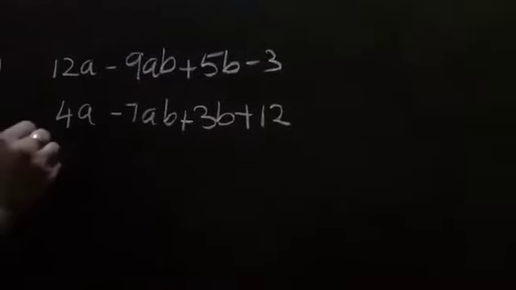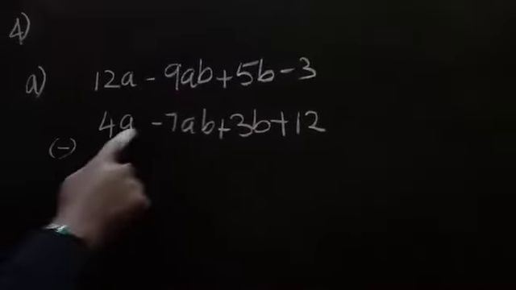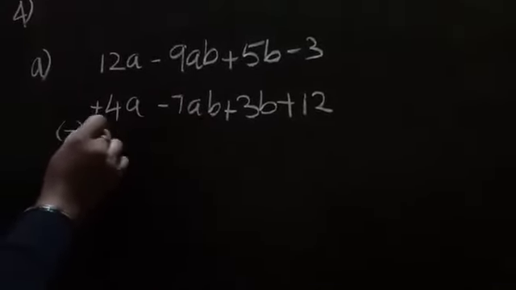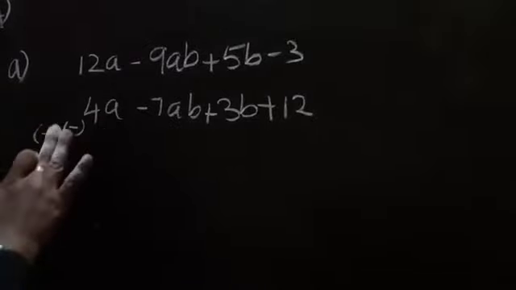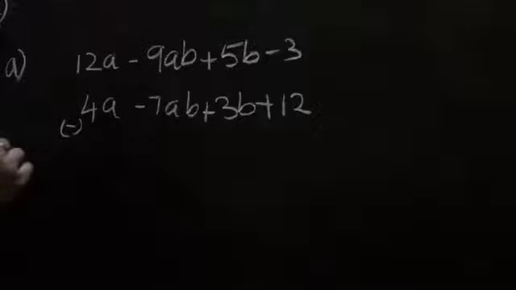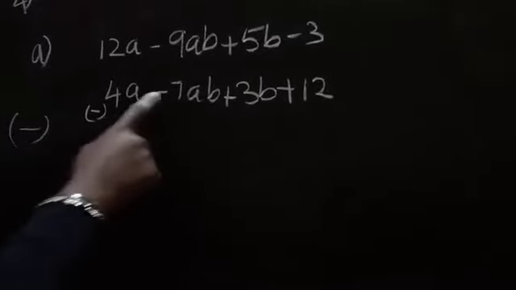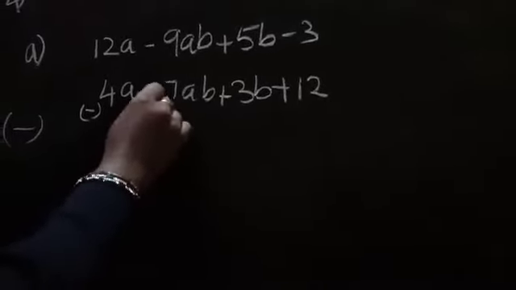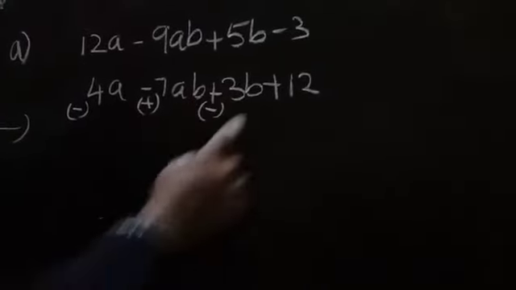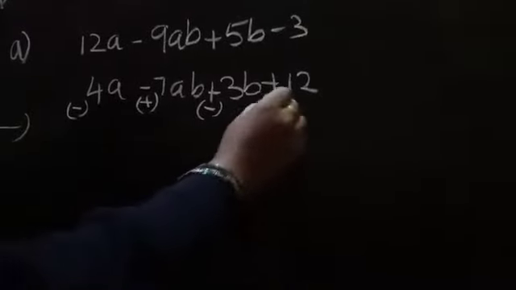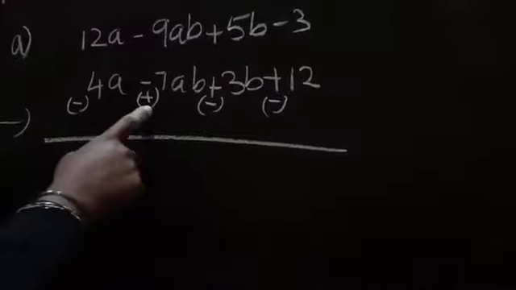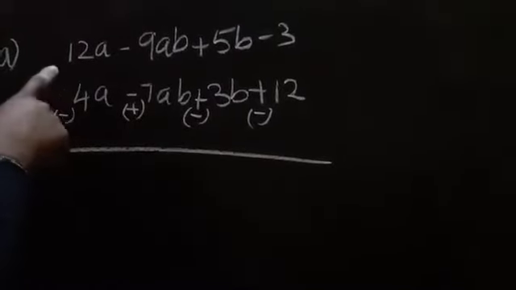So when we are going to do subtraction, we should change all the signs. Suppose plus is there, then plus into minus will give minus here. That's what I have to write in this place. Suppose minus is there, then minus into minus, as I am doing subtraction, so minus into minus I will get plus. Again plus into minus, minus, I should change the sign. Then this is what we have to take for calculation now.